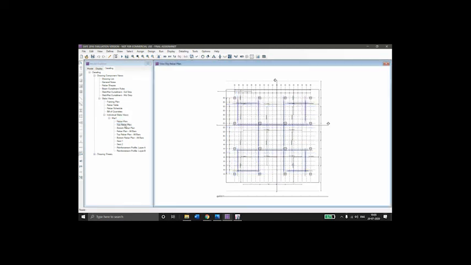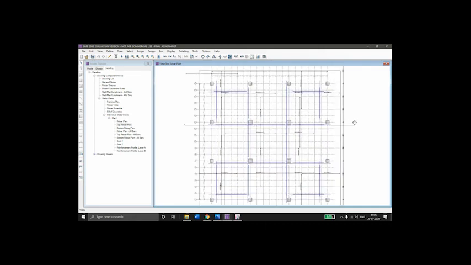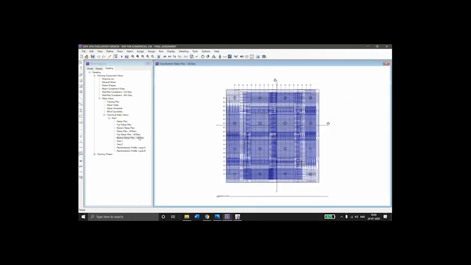The top rebar reinforcement is shown here, the bottom rebar reinforcement is shown here, then all the bars in top, all the bars in bottom, rebar plan.